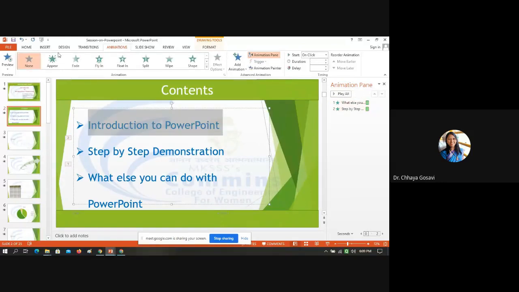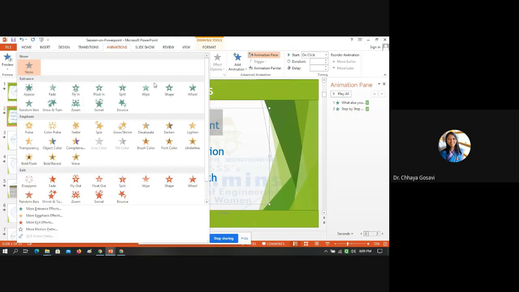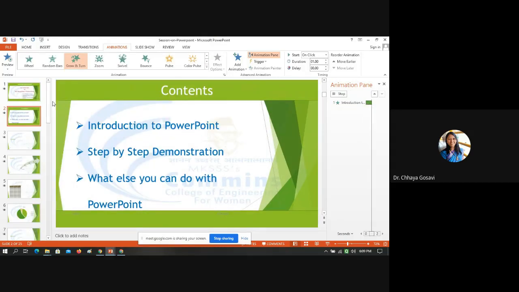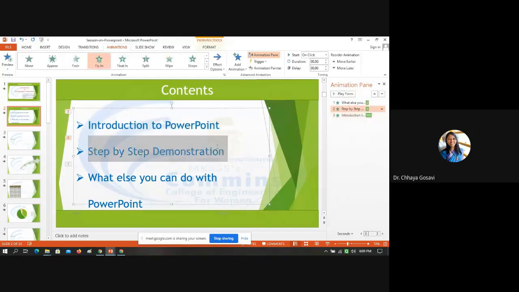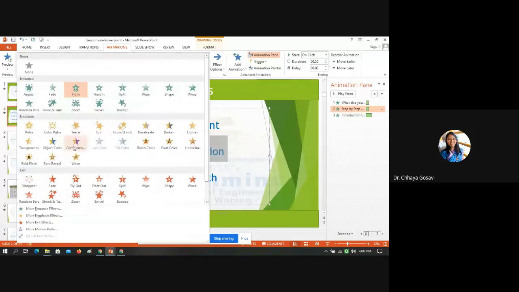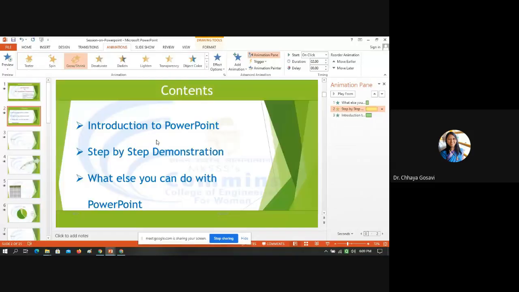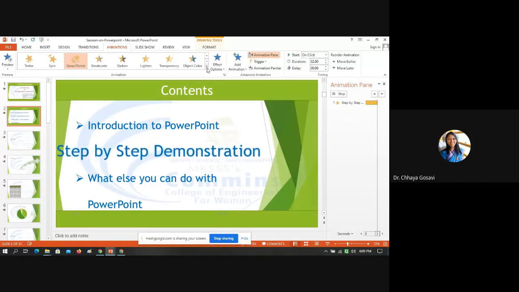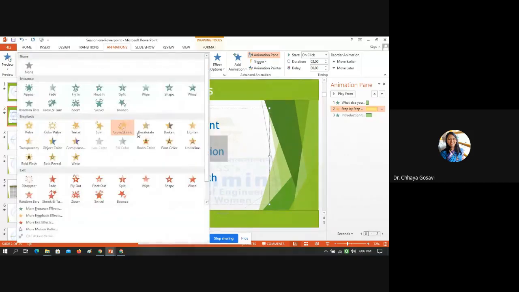So for the first, we have given entrance. Go to the animation entrance, it should appear as blow and turn. Then for the second, we have given the emphasize option, grow and shrink. And for the third animation, we'll give an option like disappear.